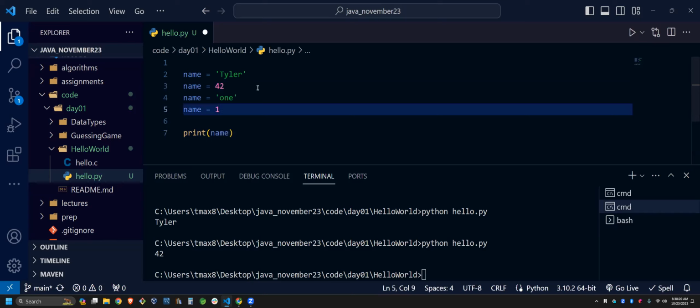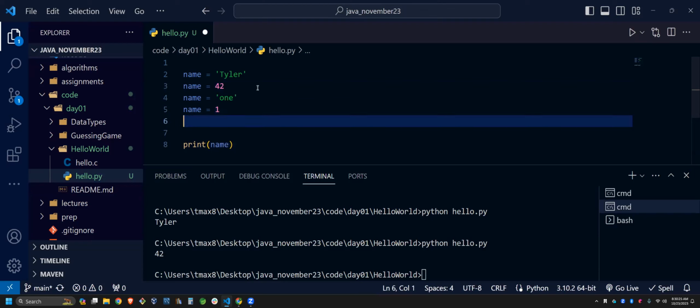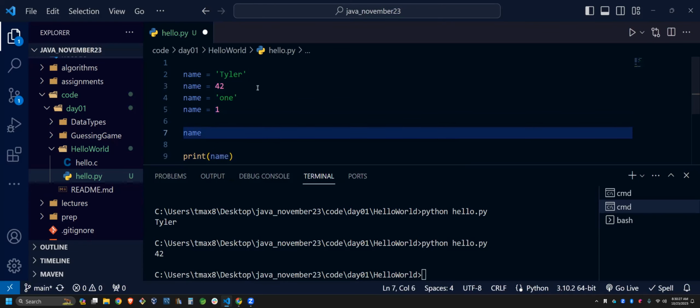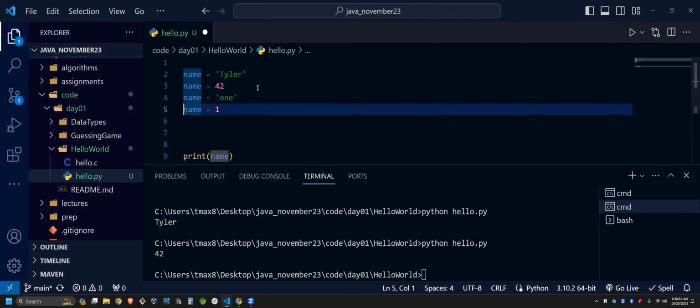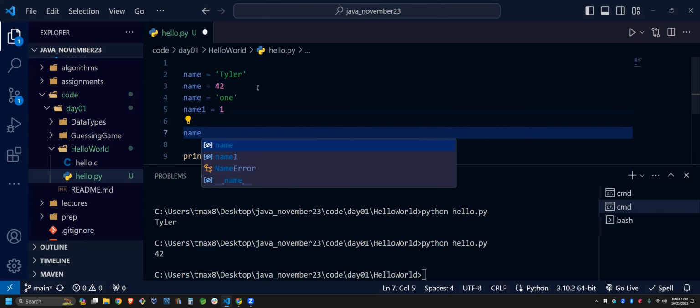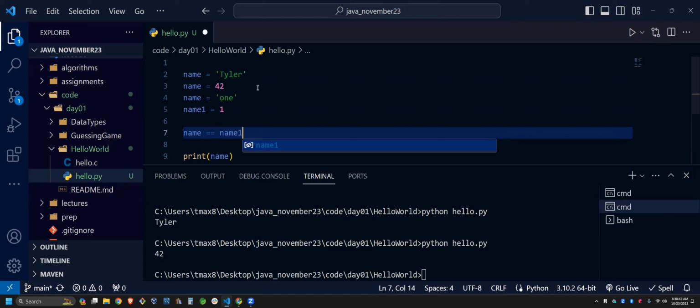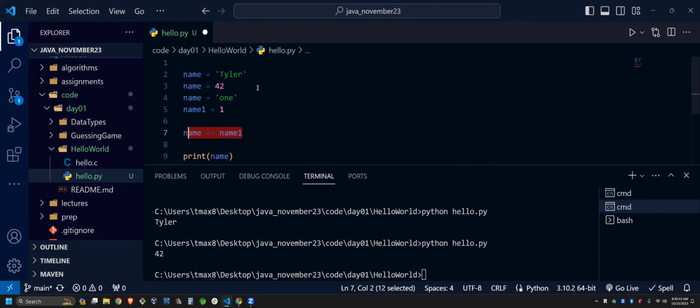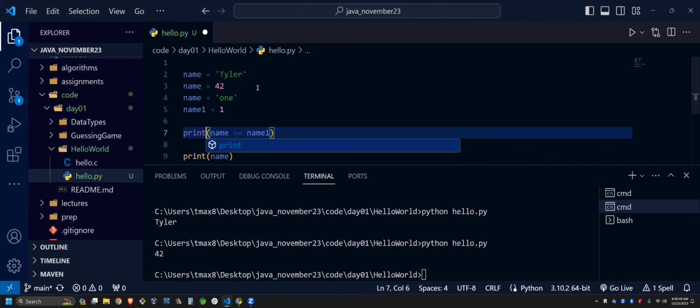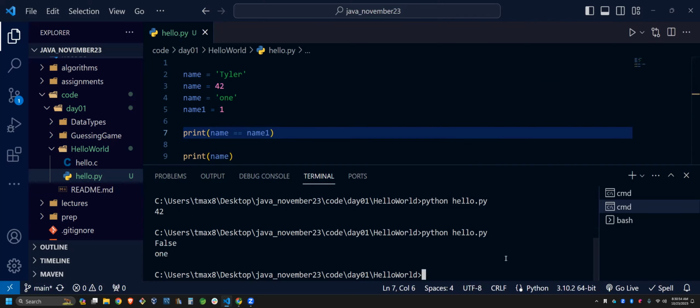Yeah, I don't know. It was just a YouTube short. I don't know if I understood it, but would those two be equal to each other if you were to check if they were true? Well, let's see. Name one, and you're asking, will this be equal to this? Yeah, essentially. This should not be equal. Let's see. Unless you know something I don't. Yeah, they're not equal.